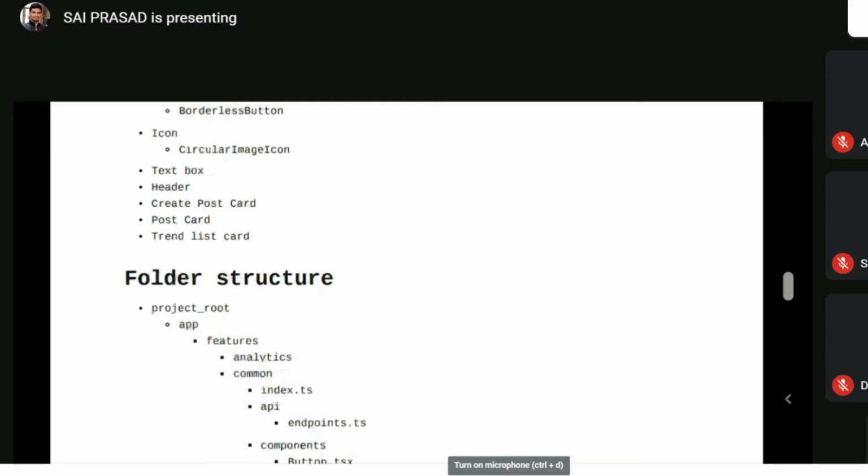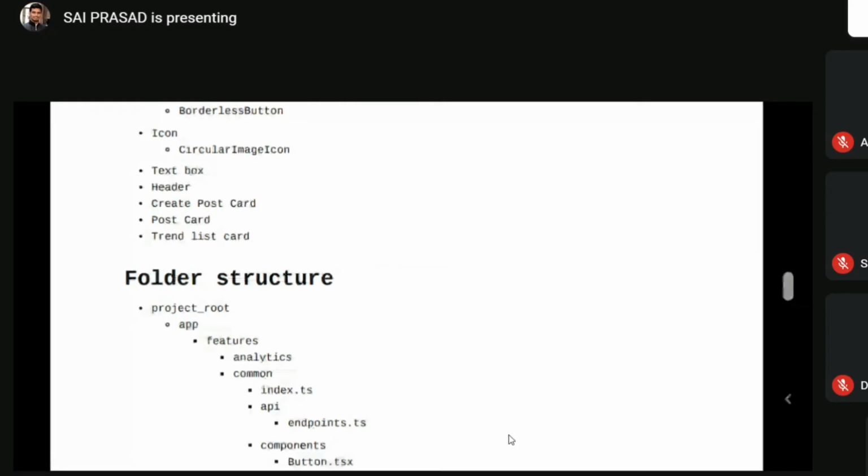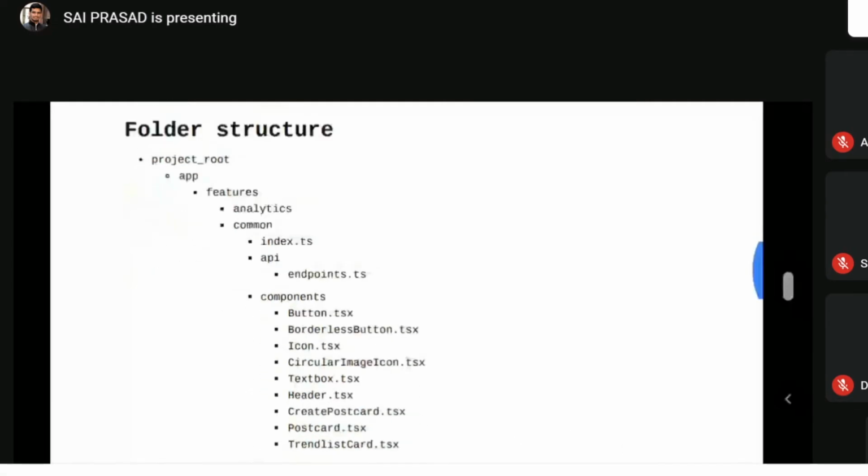Then we have a trend list on the left-hand side in the home screen. The trend list has the most clapped, or maybe 4 to 5 most clapped, posts that are available, and maybe other posts or links that are shared in the platform. So we need to discuss what to put in. But yes, we have a placeholder on the left side where we have a trending list.